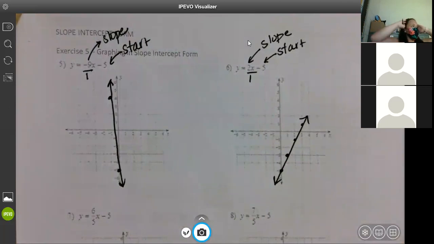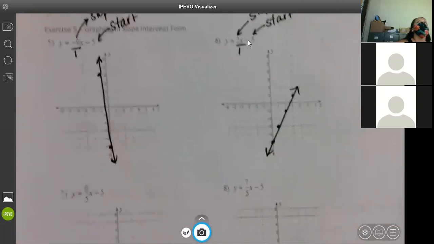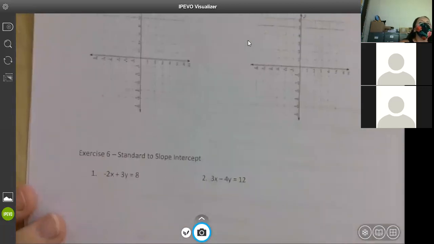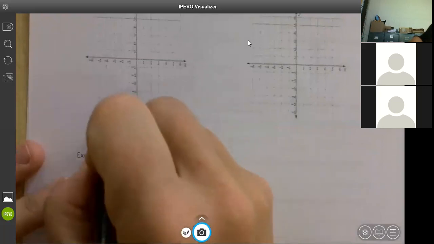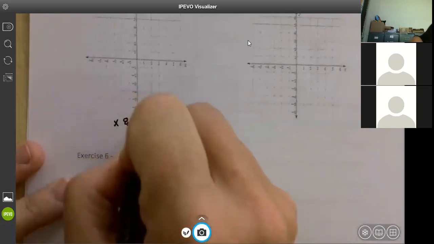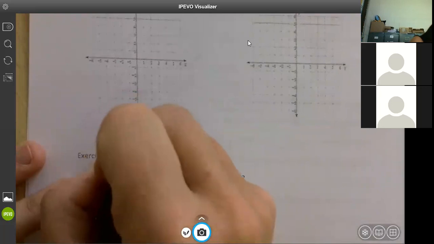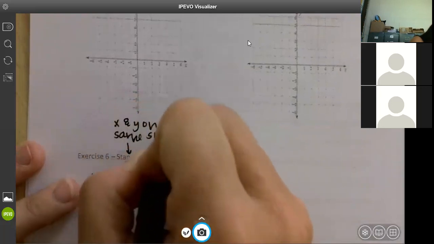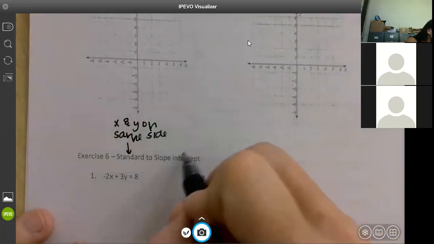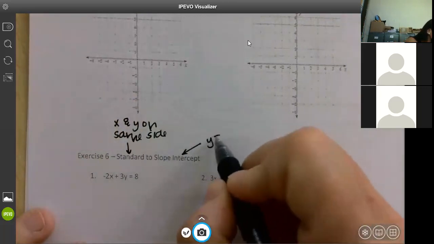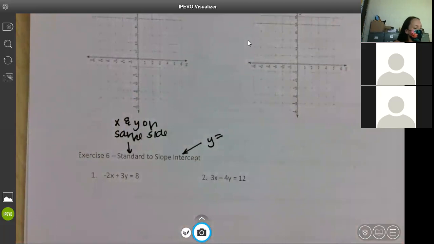Exercise 6, we've already done. The thing that we haven't done is talked about what the actual name of it is. On number 6, it says standard to slope intercept. Standard means X and Y on the same side. Slope intercept means we're putting in Y equals. So all we're doing here